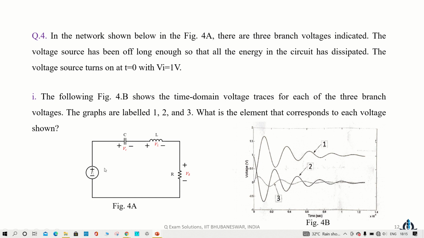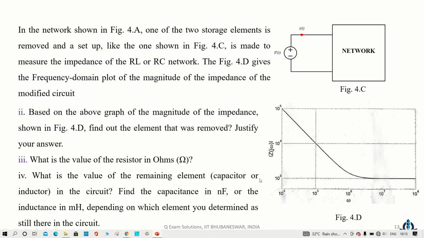For the inductor, it will charge first, and after that slowly the current becomes, because in the starting, before reaching a steady state in the transient period, it is damping. After settling to 0, this current also comes to 0. And the resistor is at 0, which means the third one is the resistor and the second one is the inductor.